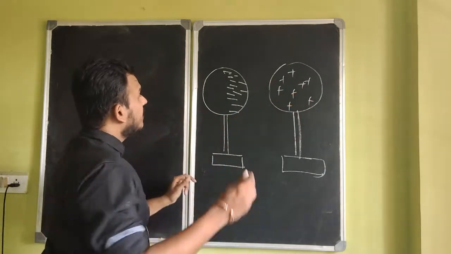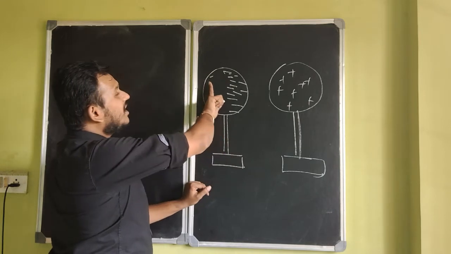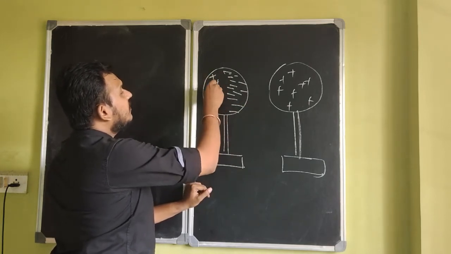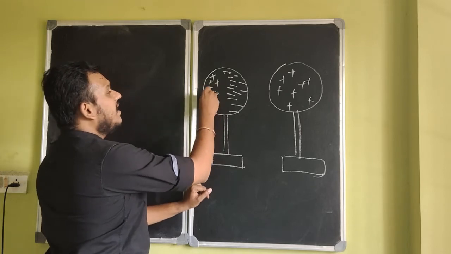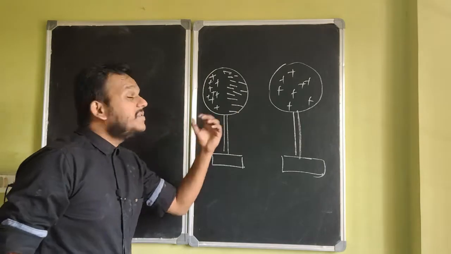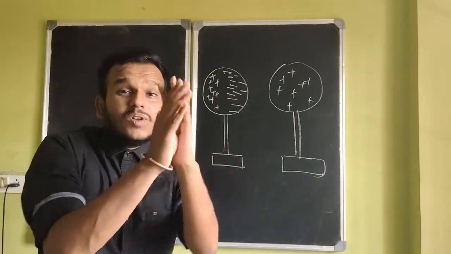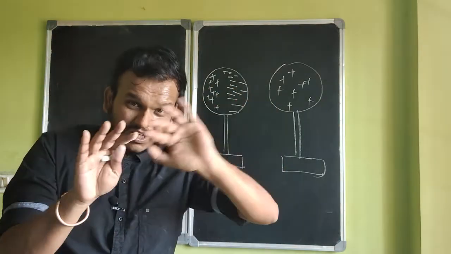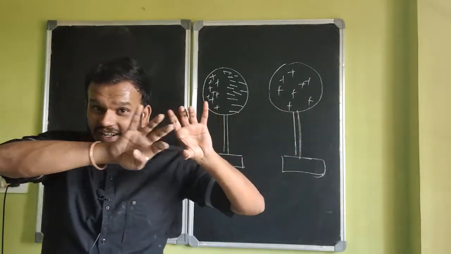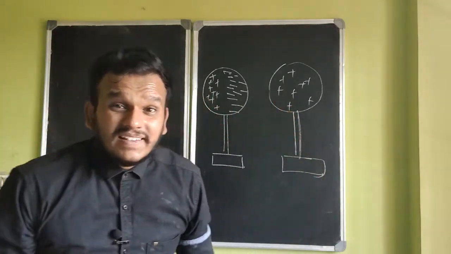As a result, electrons are moving to that side, leaving a scarcity of electrons on this side. So we have less number of electrons on this side and more number of electrons on this side, making the object polarized. This is called polarization. Negative charge density getting on one side, positive charge density getting on the other side is called polarization.